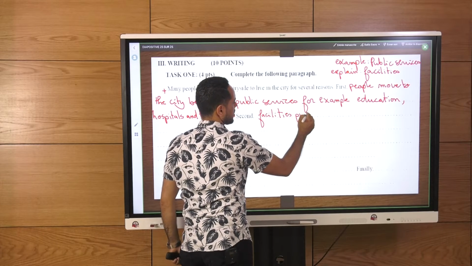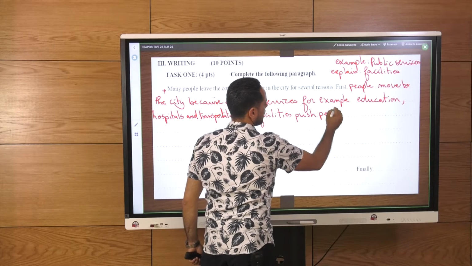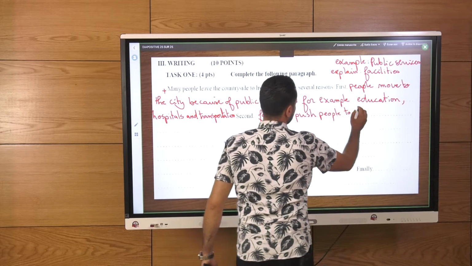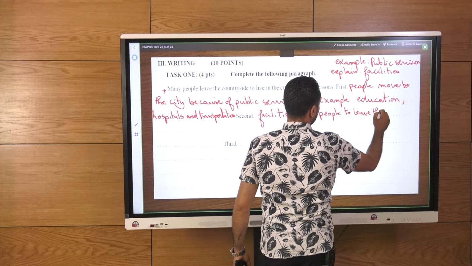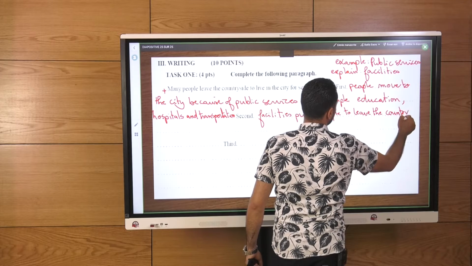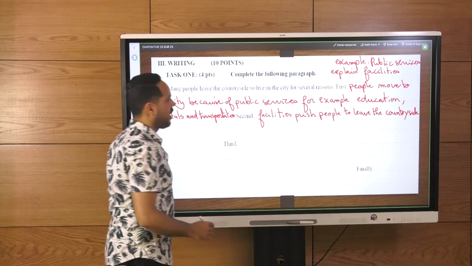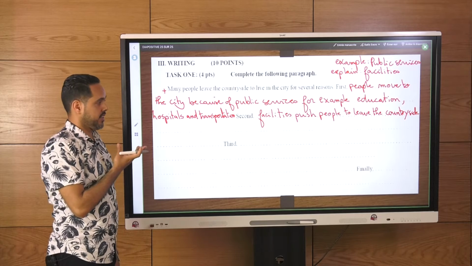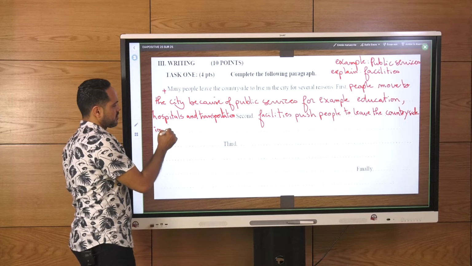Facilities push people to leave the countryside. We need to explain this, okay? An expression that we can use for explanation is like, in other words,